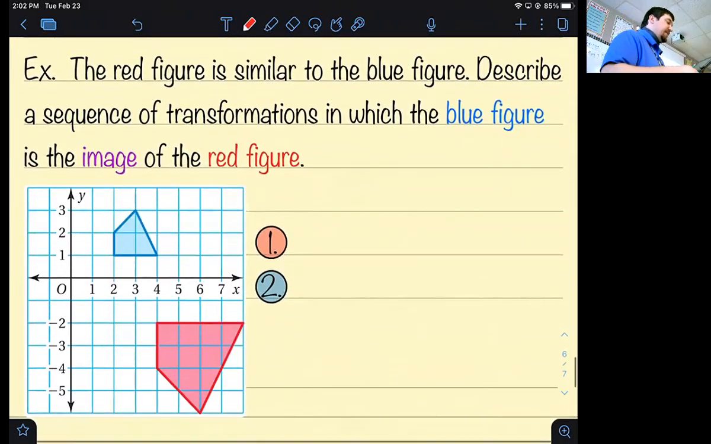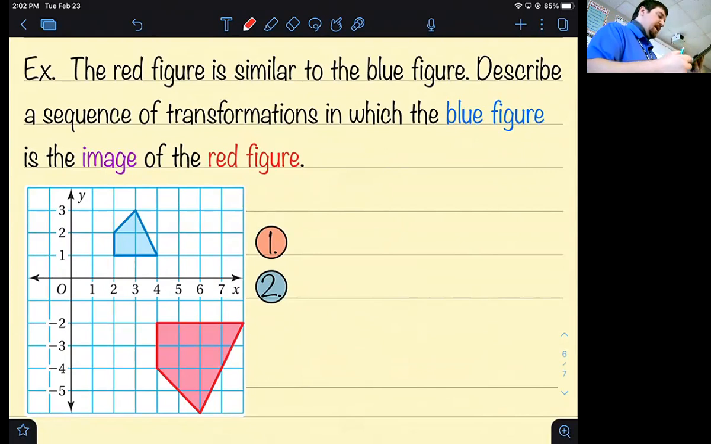The red figure is similar to the blue figure. Describe the sequence of transformations from the red, in which the blue is the image of the red. So yes, from red to blue. Now, I know it's been dilated. I know it has to have been dilated, but I don't know what it was dilated by. Let's make the shapes go the same direction first. So what would I do in order to get that,